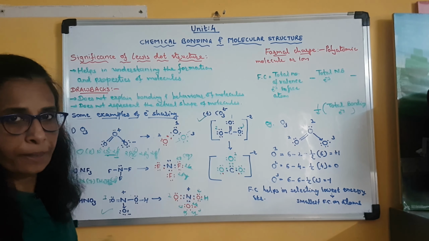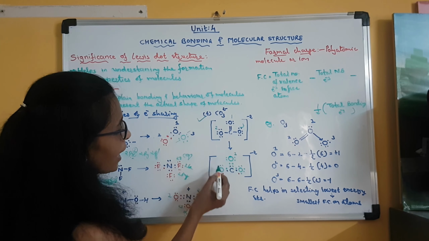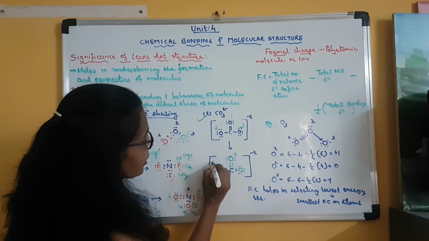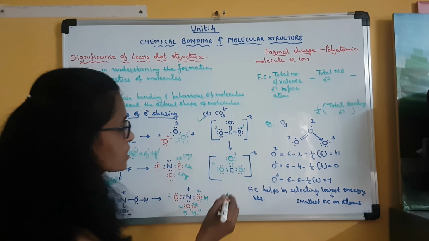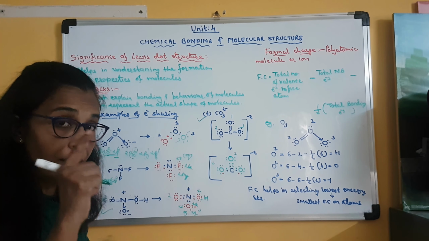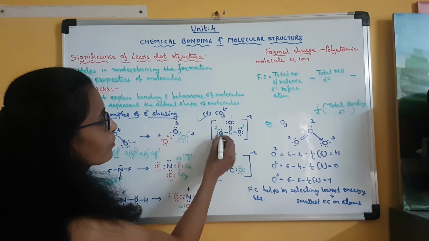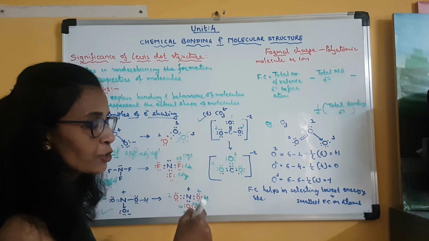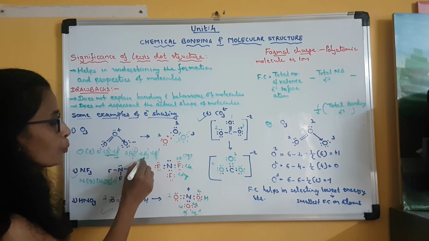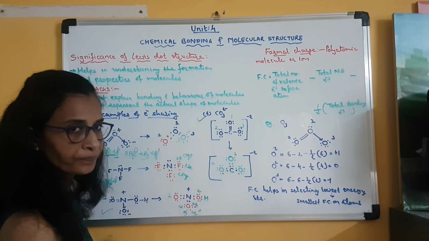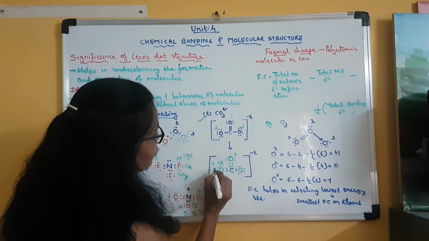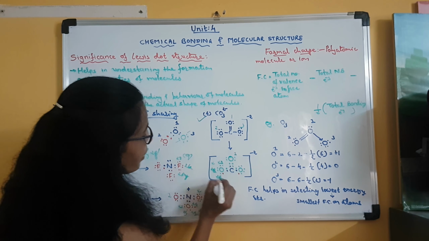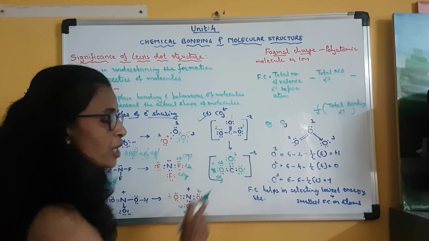Now what about the second oxygen? Here I have shown 6 dots. Clear? Now this second oxygen is also having 2 unpaired electrons. One it will share with the third unpaired electron of carbon, and it will form a covalent single bond with this carbon. Clear? And one unpaired electron which is still there with oxygen in the 2py orbital, it is this dot. This is the electron pair of 2s, this is of 2px, and this is the unpaired electron present in 2py. The 2pz electron it has shared with carbon.